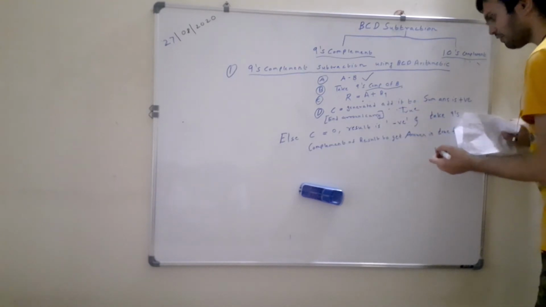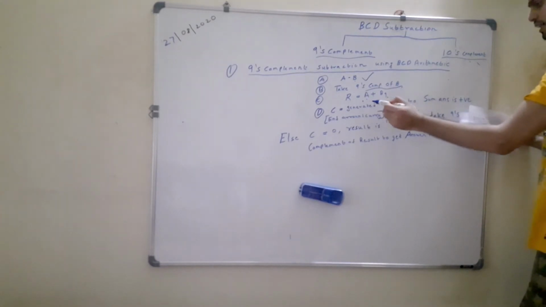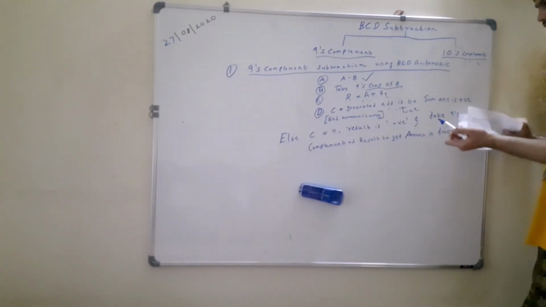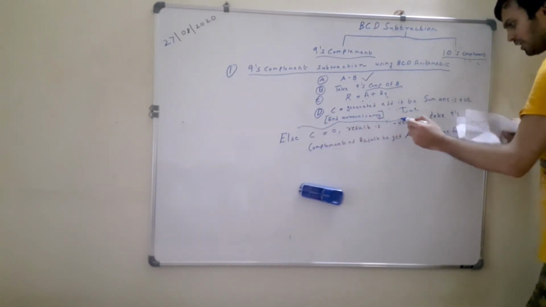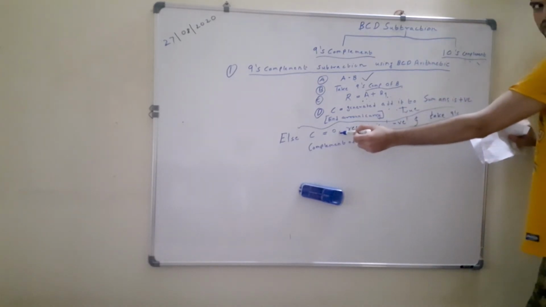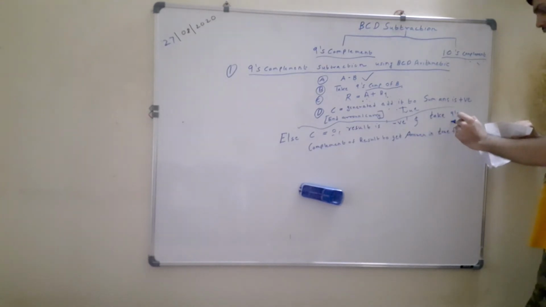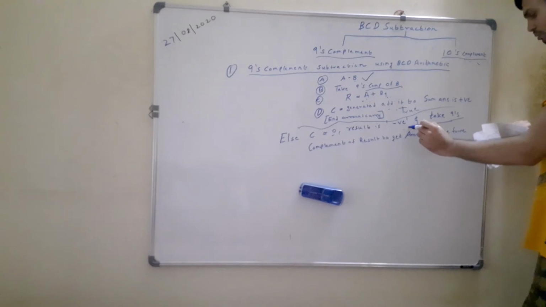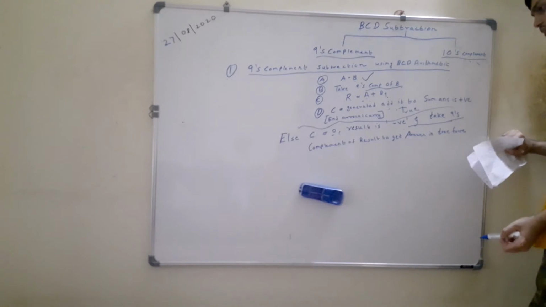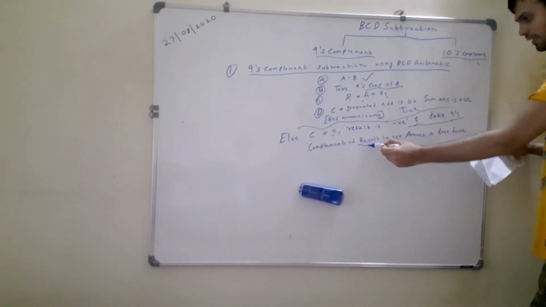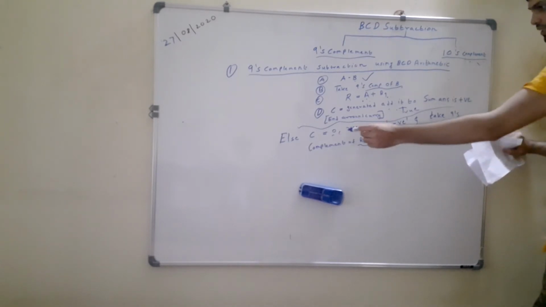So if a carry is generated from the sum of the 9's complement of B added to your first number, then the answer is positive and in true form, and your problem stops here. But if a carry is not generated, that is the carry is 0, then the result is negative and in 9's complement form. Just as in 1's and 2's complement subtraction, whenever the result was negative, we took the complement of that result to get the answer in true form. The same is the case here as well.